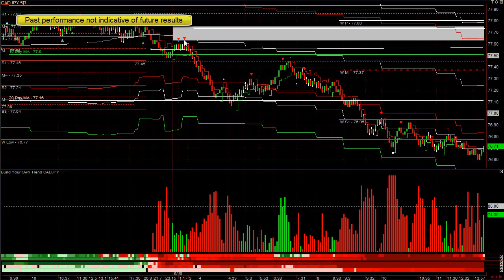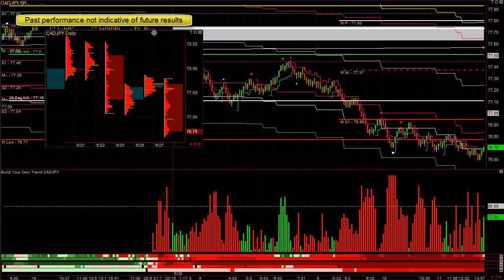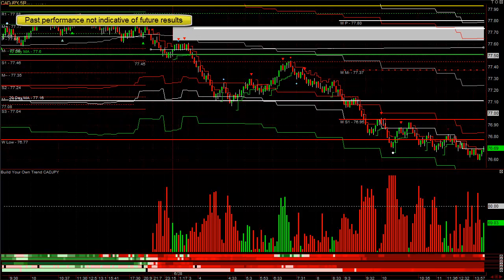77.58 is right about here, and the price was above there, came down, briefly went underneath it. We have some sell signals right here. It broke down again. It also broke the 10-day moving average. And if you wonder why this first trade was such a big win, it's because it broke the value area. You will frequently find the first and sometimes second time an area gets broken, you're going to have a big drop. Usually 20, 30 pips, sometimes 50 or 100. And so it broke down underneath there,